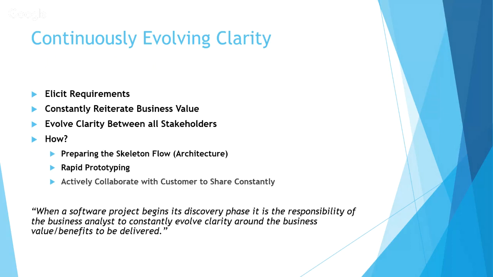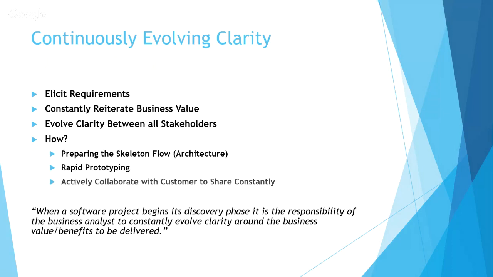Once we figured out that skeleton flow, figured out the pain points, figured out the key features of a system, then we can start creating prototypes, whether that's a wireframe or a fully functional prototype. A technical BA, an Agile BA, needs to at least be able to create wireframes. You need to be able to at least create a screen. It doesn't have to be a high fidelity, beautiful picture, but you need to, whether it's on pen and paper, or Visio or Axure or whatever tool you want to use,